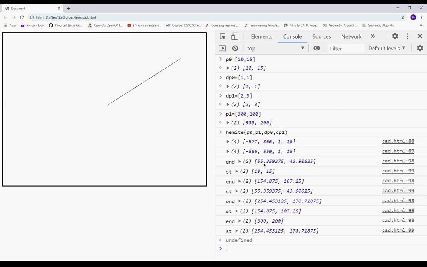From 10, 15, this is what I am getting, and again I get an end point, and my start point is going to become this. My end point is this.